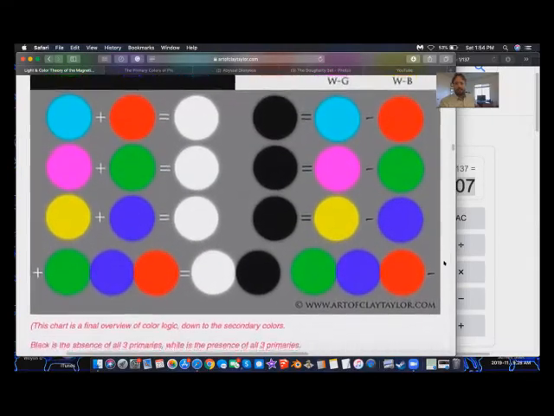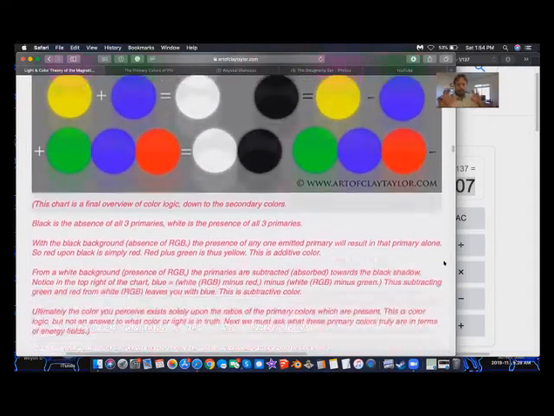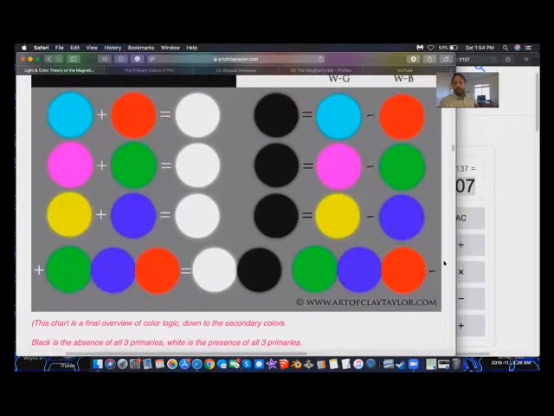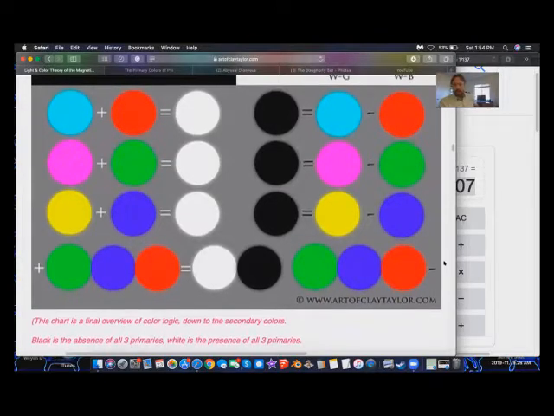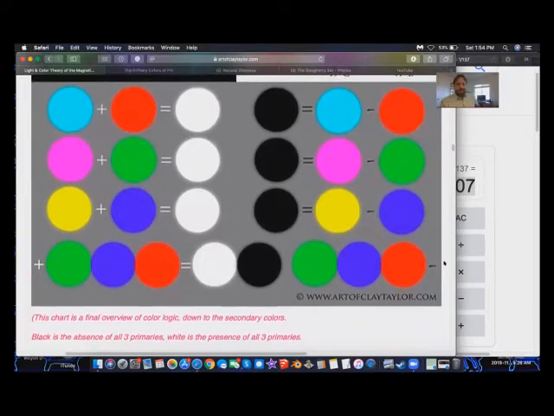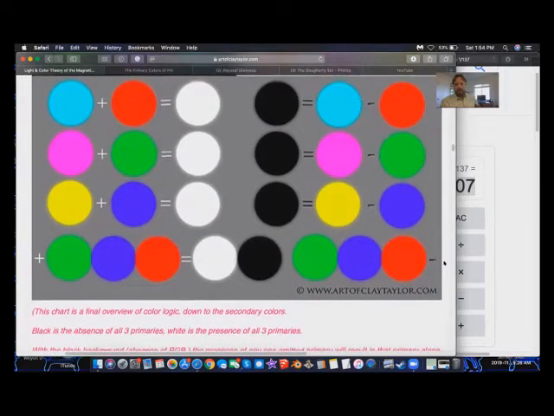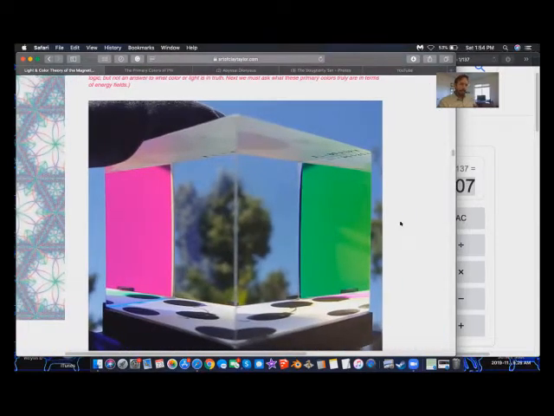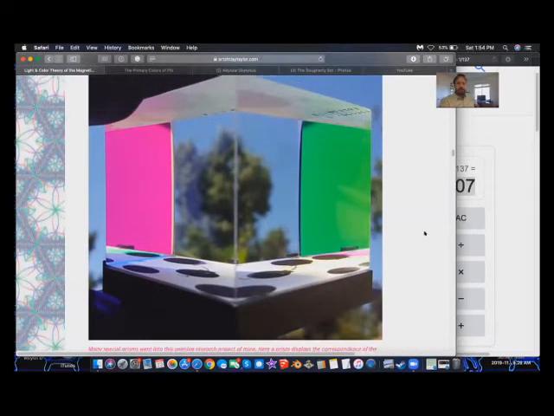As the electromagnetic waves, the photons, interact with transparent matter, for instance glass or water, this is a natural reaction in the refraction process. So our eyes are seeing that. Here we have the primary color green on the right. We have the secondary middle color of magenta on the left.